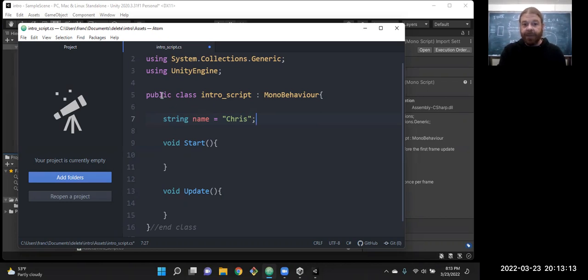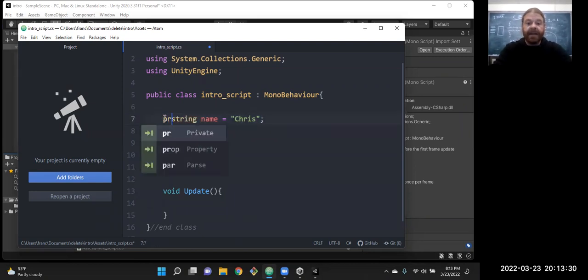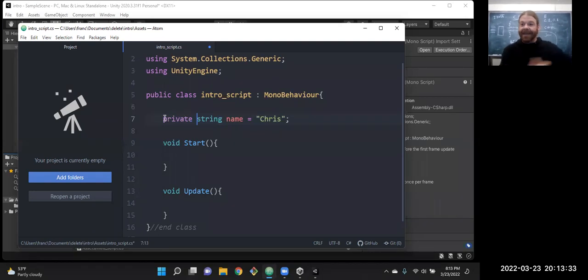And see the keyword up here, public. We also need to say whether our data is public or private. Public means other software can access it. For this thing, I think all of our data is going to be handled inside of this class. So we can go ahead and make it all private data. Nobody outside of our object needs access to our data. We can be greedy with it. So we'll create a private string. We're going to call it name and assign it the value Chris. And that gives us something to work with.